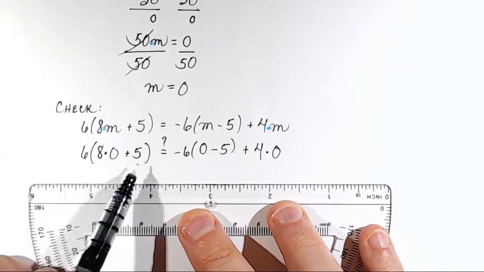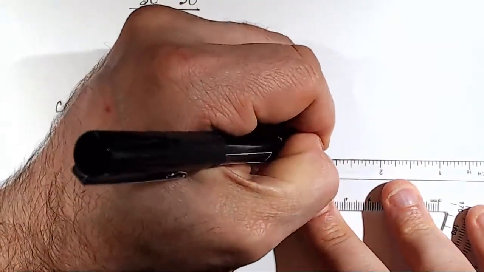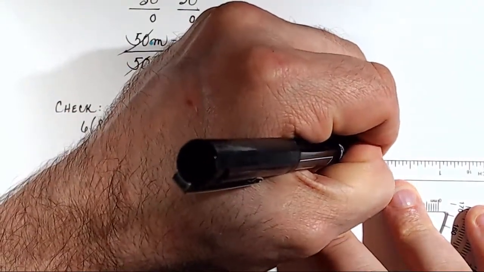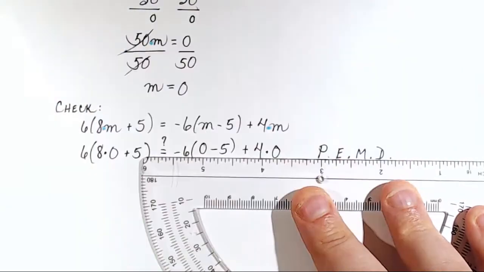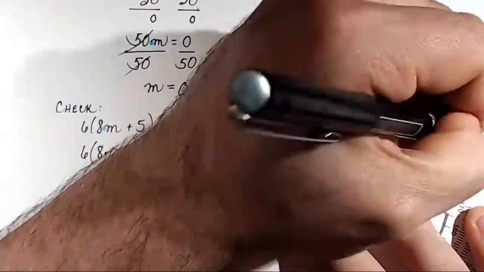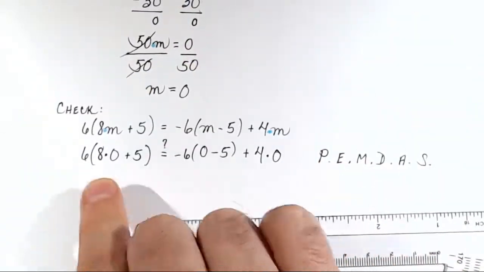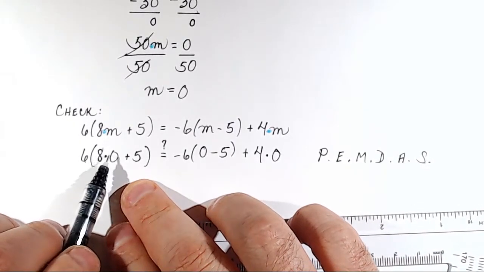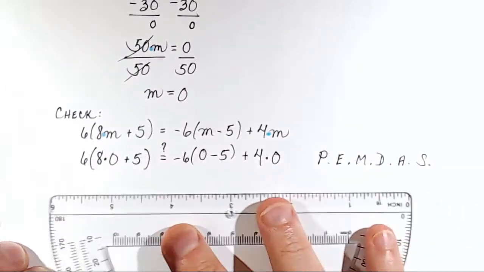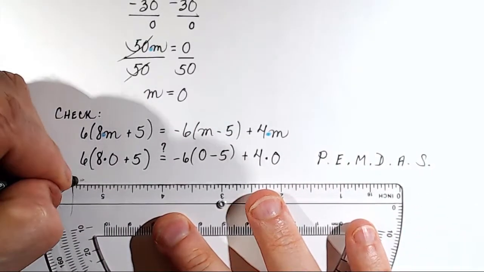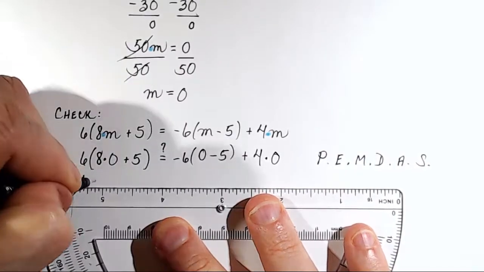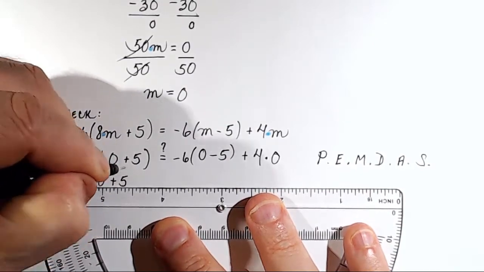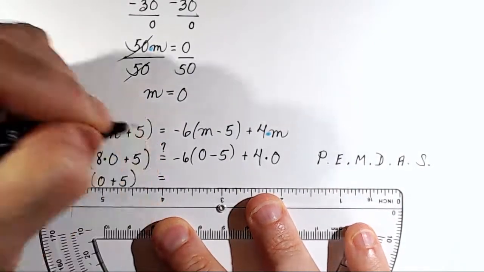So I'm going to follow at this point PEMDAS, parentheses, exponents, multiplication, division, addition, and subtraction, PEMDAS. First, I'll work inside the parentheses, and within those parentheses, I'm going to multiply 8 times 0. Okay? So we're going to do each step of this check on paper. So first, I'll rewrite 6, open parentheses. 8 times 0 is just 0, so I'll write 0 plus 5, close parentheses, equals, question mark,